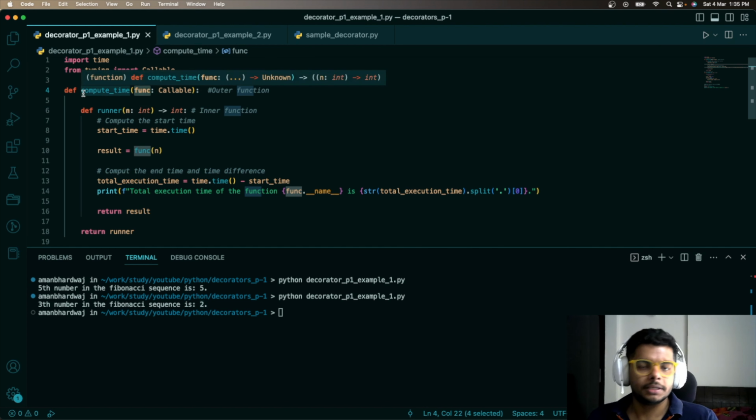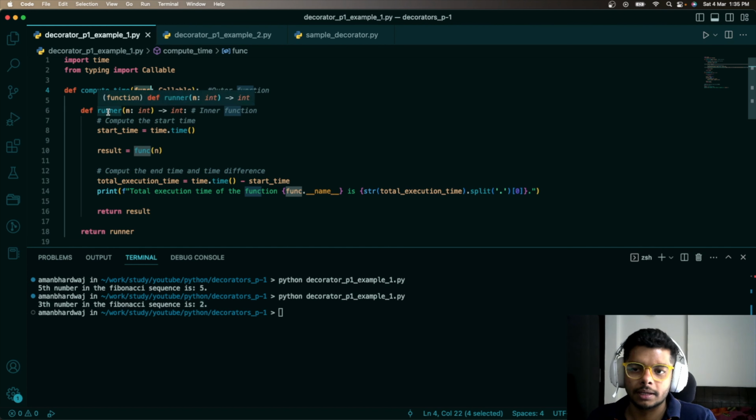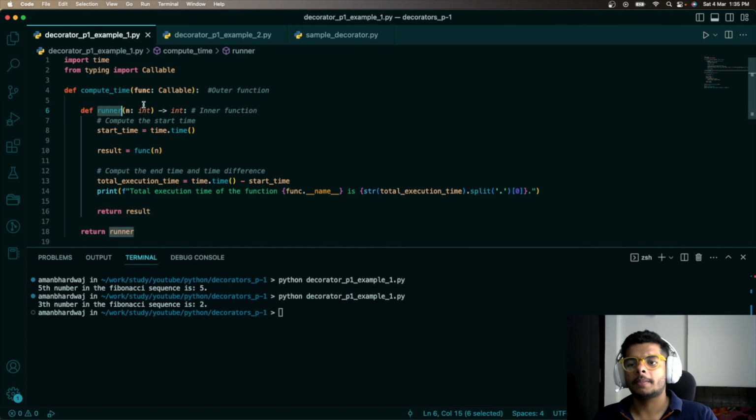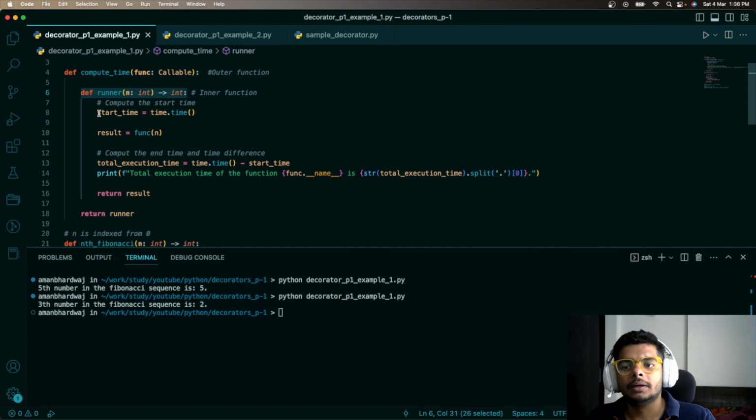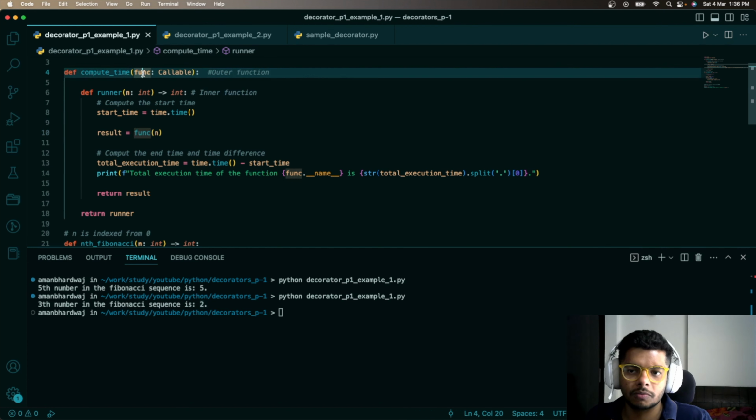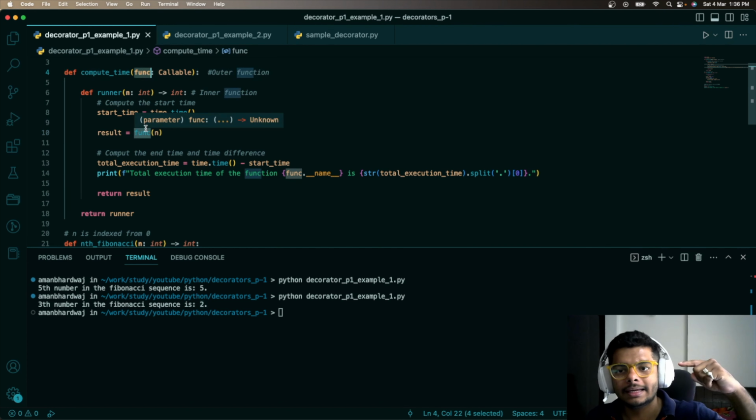Okay, I think now you understood, you visualized how the outer function looks. Now let's try to move on and understand what this runner function is. If you see this runner function, it accepts an integer and returns an integer. And what it does is that it computes the start time. It runs this function, which was passed as a callable in the parent scope, in the local scope of the